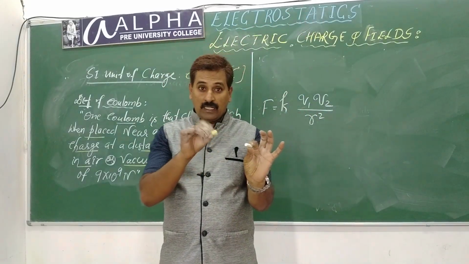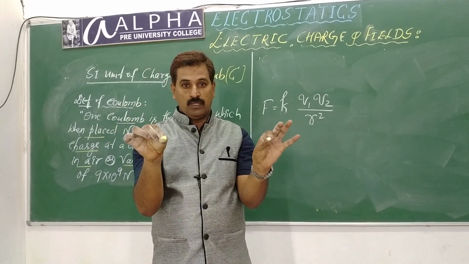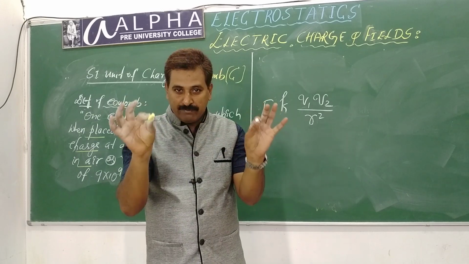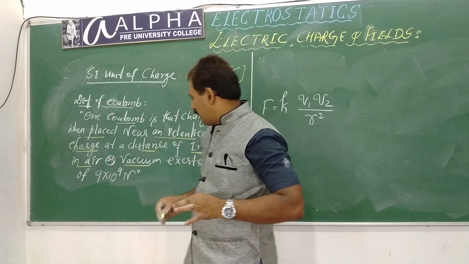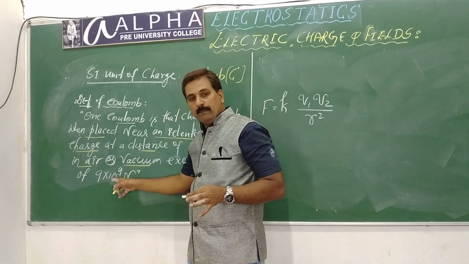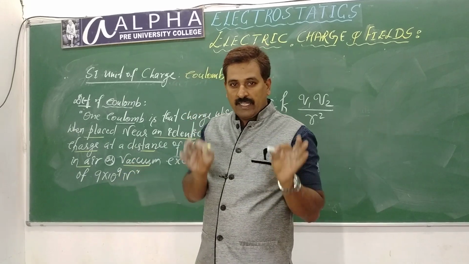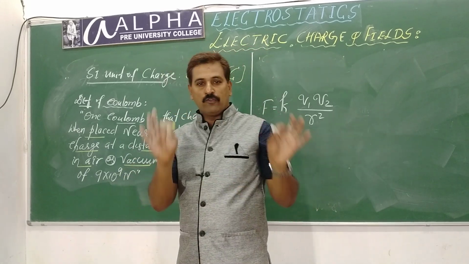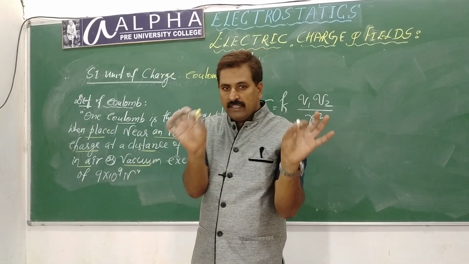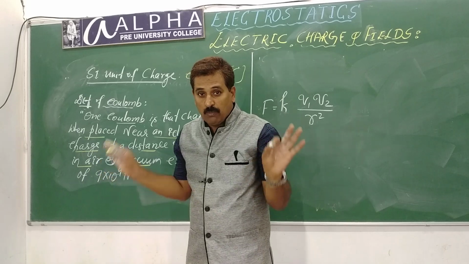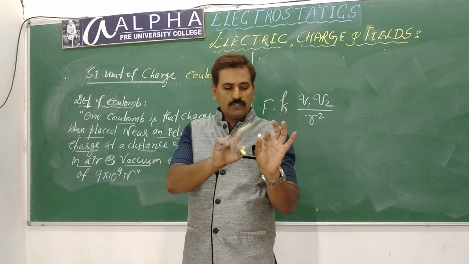If I bring another identical charge, the same in value and the same sign, what do they do? Repel, right? What is that force of repulsion? That must be 9 × 10^9 newton. It has been chosen as a requirement in the SI system of units. This much force must appear between the two. There are some reasons for that, but let us not talk about why this value of force has been chosen. Remember this much. This is 1 coulomb charge.